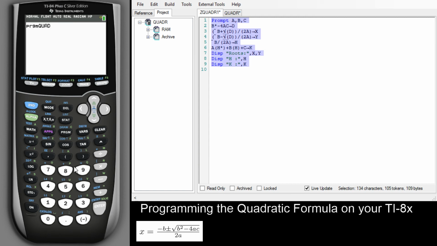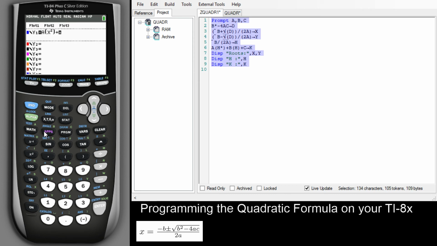I'm going to hit enter again. It's going to ask us for A, B, C. And you'll see where it's going to give you the roots and the coordinates of the vertex. Now, another cool thing you can do with this, once you run the program through once, is you can actually set it up so it plots or sketches the graph for you, and it changes automatically as you run the program with different quadratics. So we're going to go to A, variable x squared,